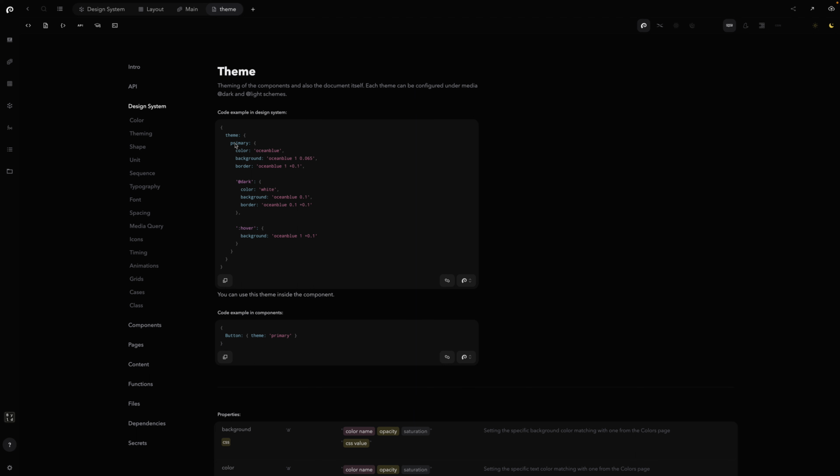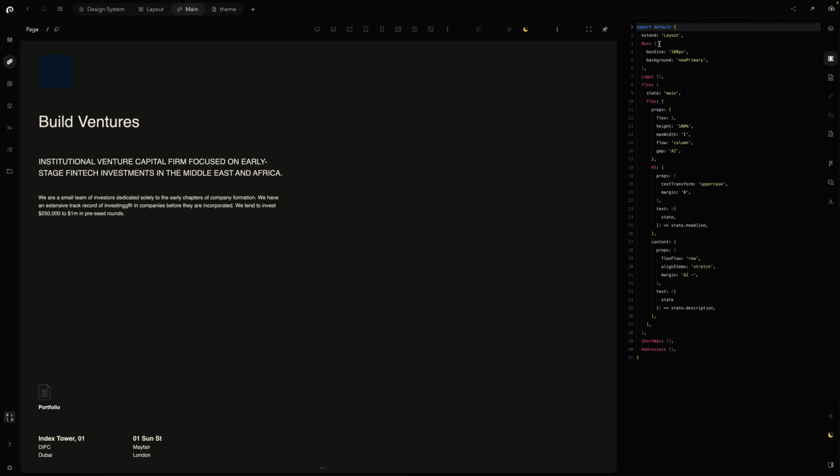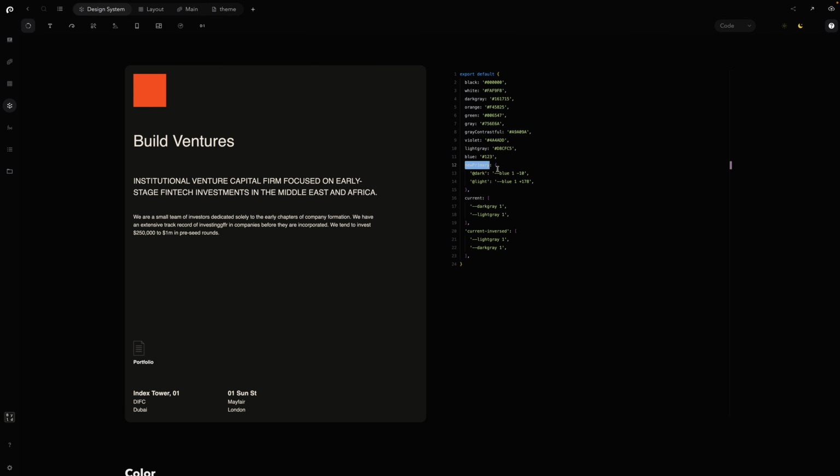make the color groups. So a theme is a color scheme that can be a pairing of color, background, border color, how they react, and the mouse interactions. And then we can just simply reuse this theme, add a theme in the component. We can go back to the main page, and instead of background we can use theme, which is primary, right? And when we go back to design system, then now we can, it's like